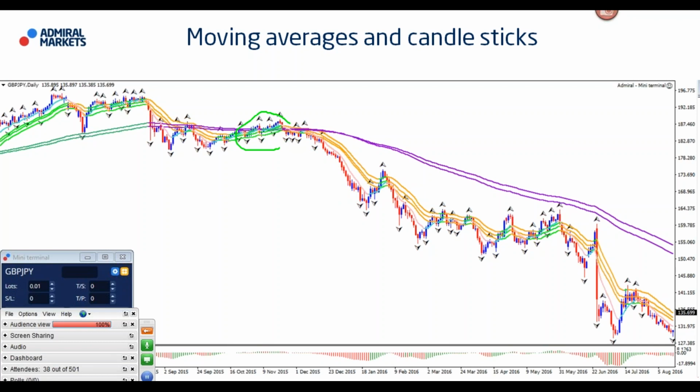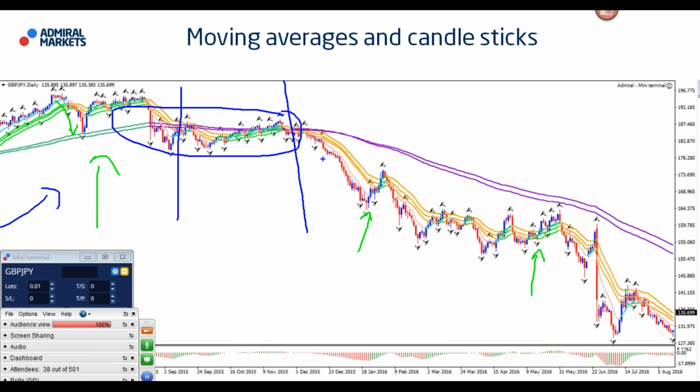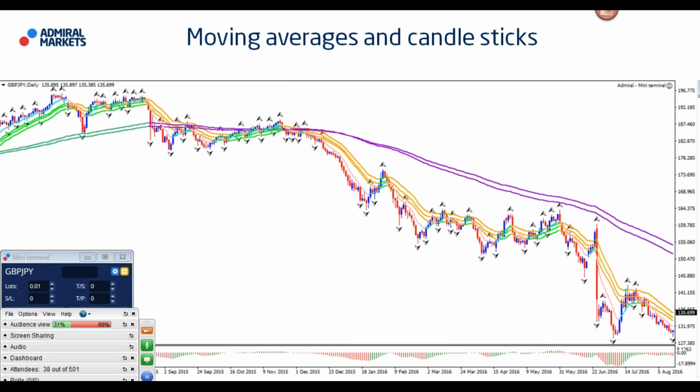If the moving averages are on top of each other, price is ranging, and if price is going back to the moving averages, like here in the left corner, or even here or here, that's when price is going back. Price is then retracing within the trend. All right. The trend change happens here when we get a crossover of the 21 below the 144. Before that, we're in uptrend. Here they're in a range, and after it crosses, we're in a downtrend. All right. So that's just the very quick explanation of the with-trend setup.